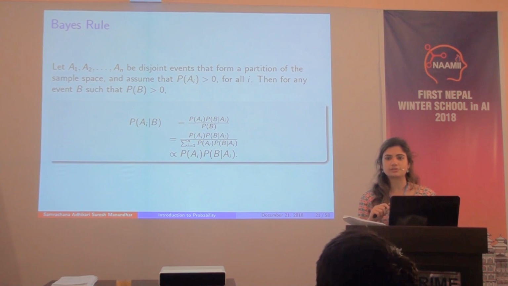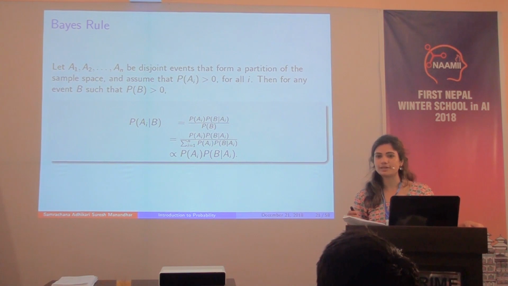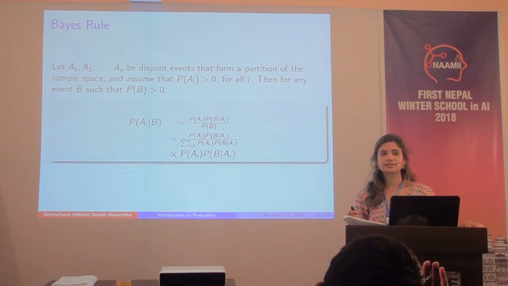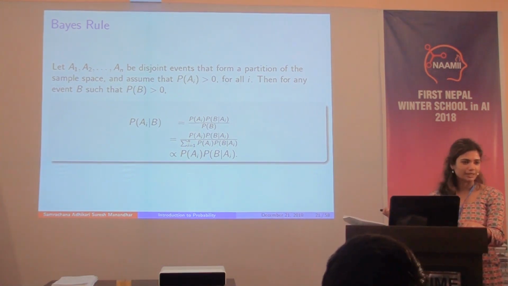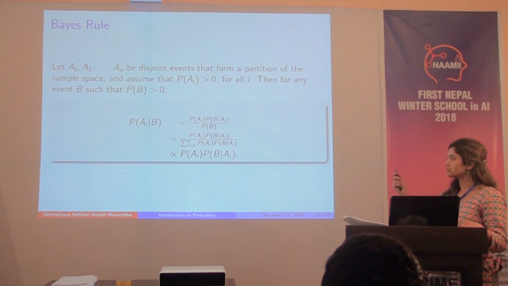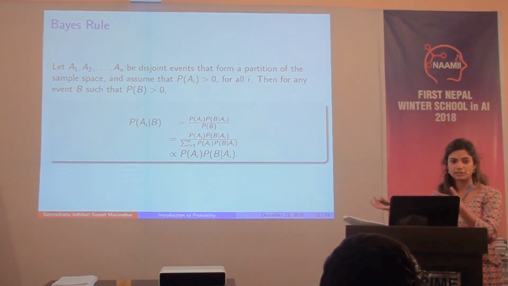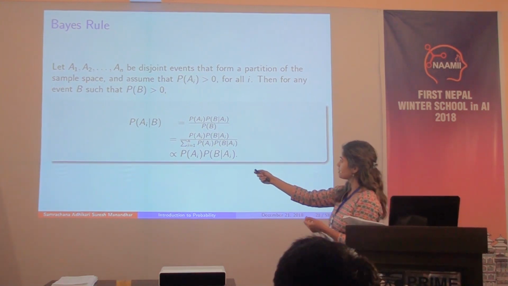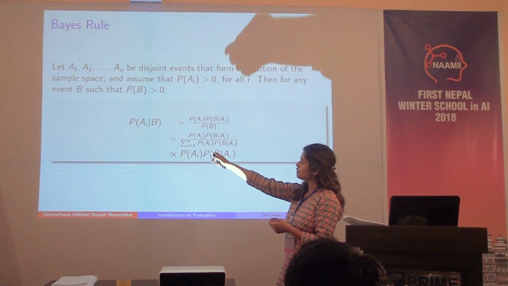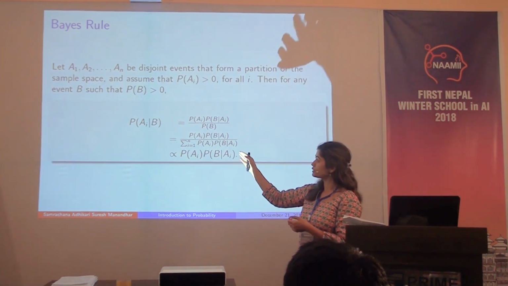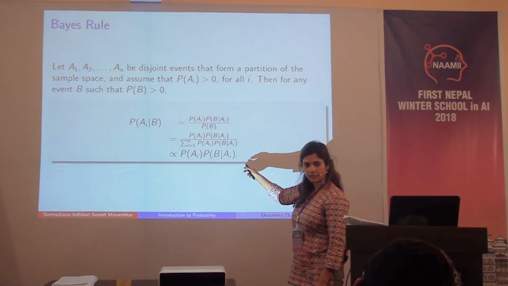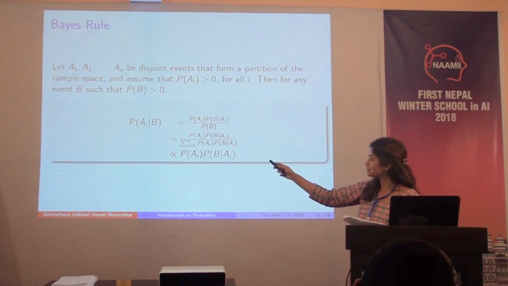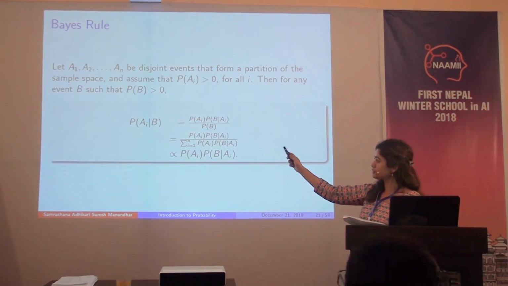So when we think about Bayes' rule, actually, I wanted to see a raise of hands just to know how many people know about Bayes' rule in this class, or Bayes' theorem. Oh, quite a few. Good. So this is a very widely used formula in statistics, and this whole idea of Bayesian statistics is built on this theorem, right? So the idea is if I wanted to get the probability of A conditional on B, and I know P of B conditional on A and P of A, then I can actually get this conditional probability just by knowing this.